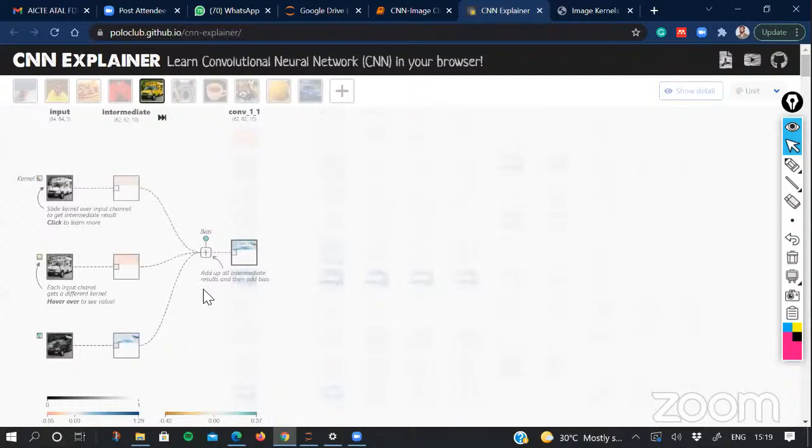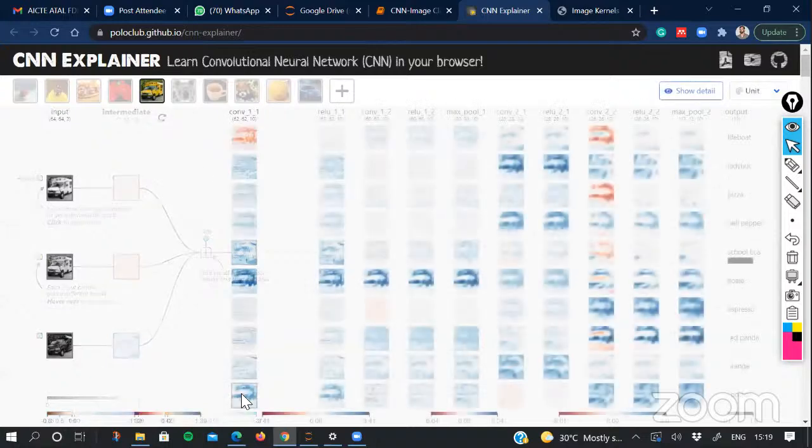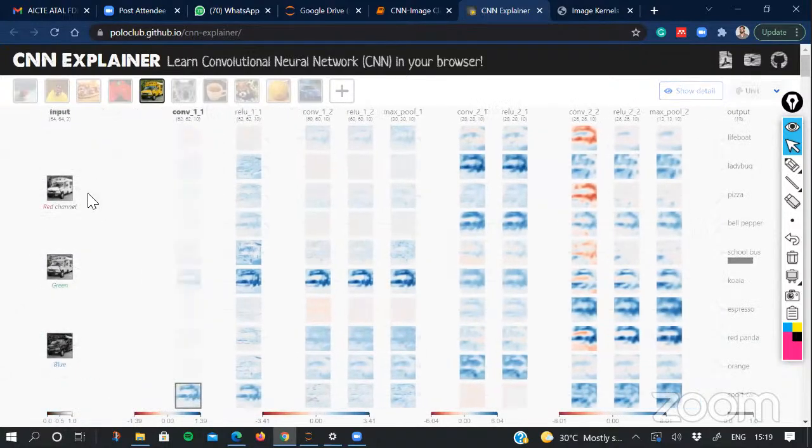This is the first phase of convolution, where we are extracting features from the three different channels of the input image. On the very first layer, we are using 10 such feature maps, which means these feature maps will be able to get 10 different types of features of that input image. You can click on any and look at the computation.